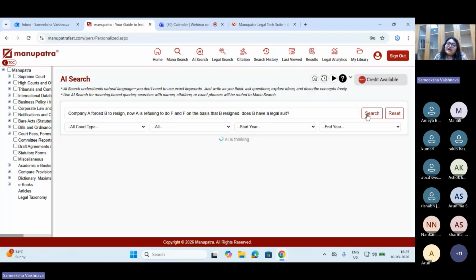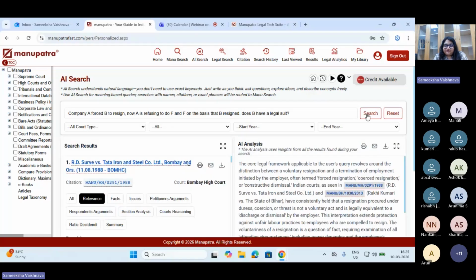Since, as I also told you, this is taking up the information from Manupatra's original database, it will not go here and there. It will not take up data from the universe. It is only fetching from our internal documents that we already have. Right now, what we could also have done is written FNF in full form, but let's see